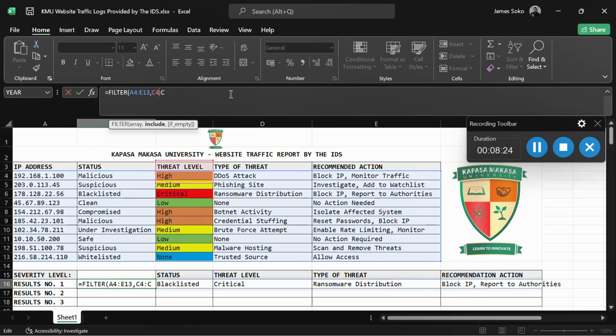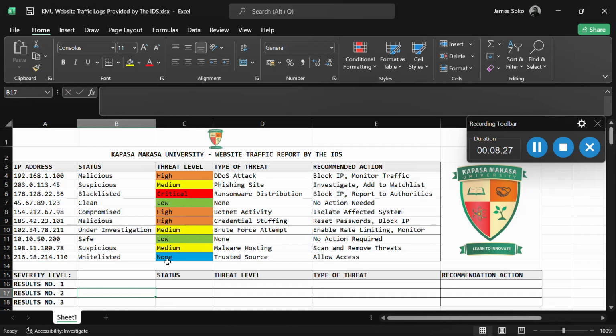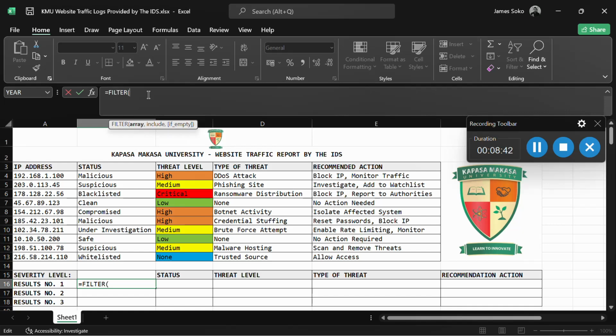So up next we go to the next type, which we call the multiple value search filtering. So in this type, we are going to search for two or more strings. So we'll start with an equal sign, then we'll say filter. Okay, so here the array is our data set. So we are going to select this data set we have. Then I'll put a comma. Then we want to include, what do you want to include? So in this case, I want to include two things for my search.